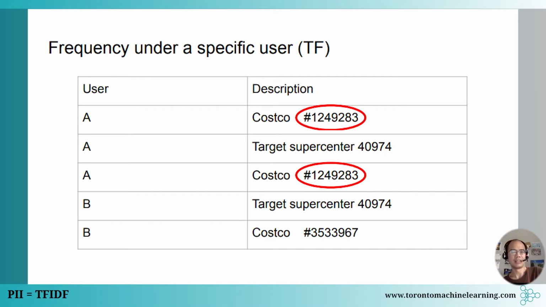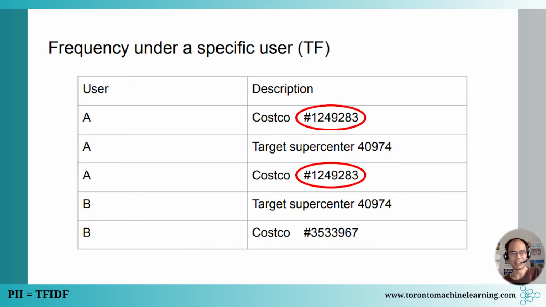Well, when you see that the first time, you're not sure, because it could also be like an invoice number. But what can tell apart an invoice number from a membership ID is that if this number repeats for the same person, oh, okay, then that's not an invoice number, because every transaction should have a different invoice number, right? So anything that repeats for the same person should raise a flag. It's more dangerous. It's more likely to be about that person. However, it should be tempered with another number, because this not only repeats for the person, it also follows Costco. So it could be something about Costco.